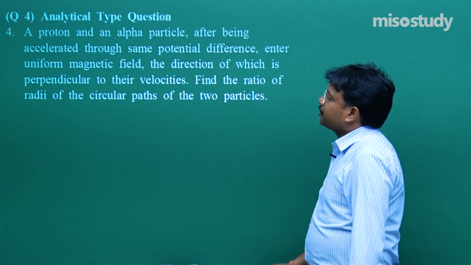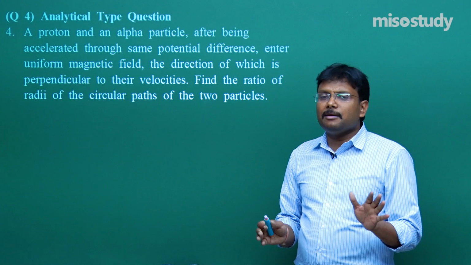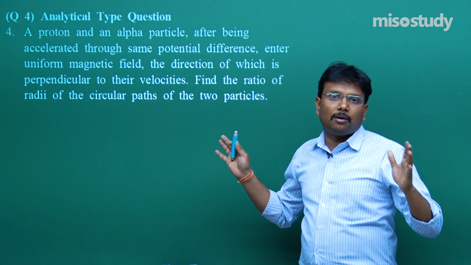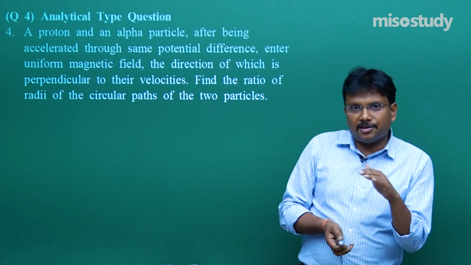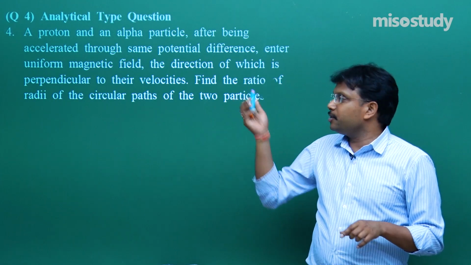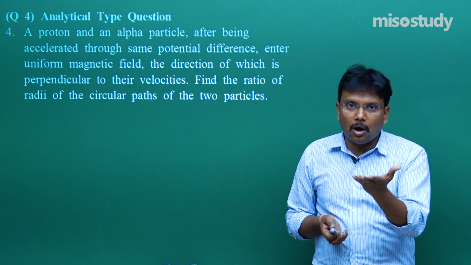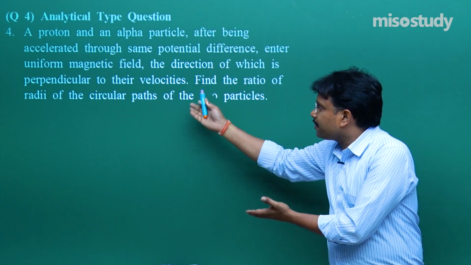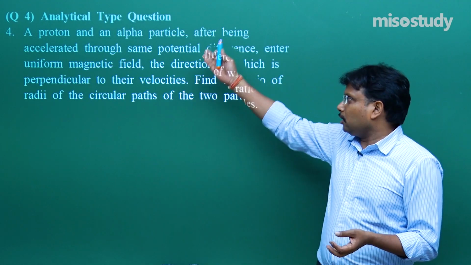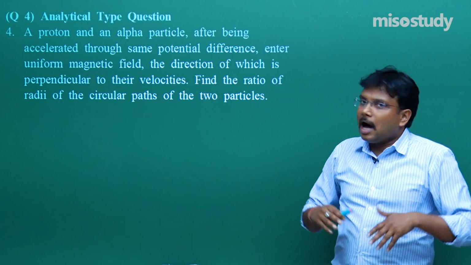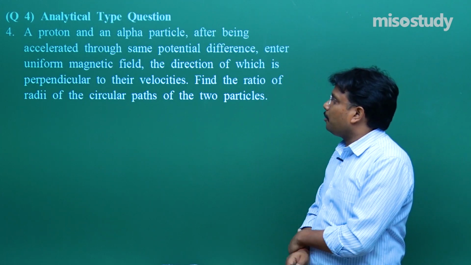Here comes question number 4, and this question I placed in a specific category of analytical. Analytical means no option is given, you have to solve the problem. Actually, these types of questions they are not asking right now, they converted these questions into the form of integer. But an integer type question you can solve only if you have the capacity to read, understand and solve the question with an analytical approach. So I thought let us share this approach with my students, after that brilliant students can solve the question properly. So here is the problem.